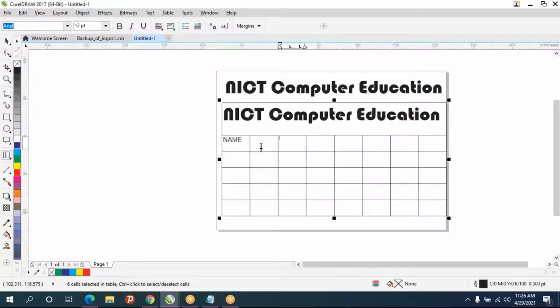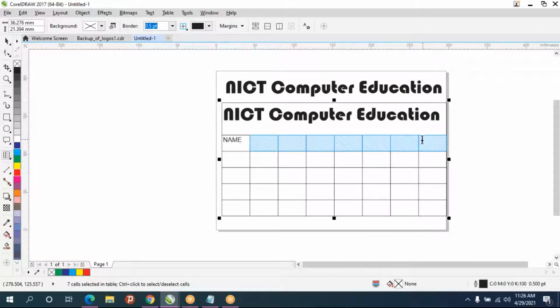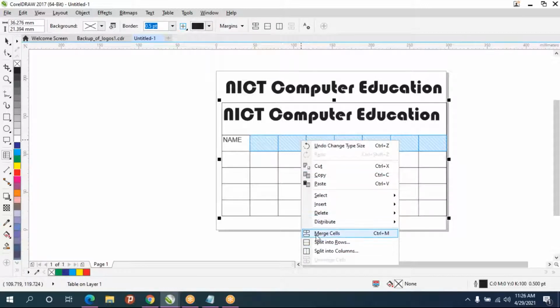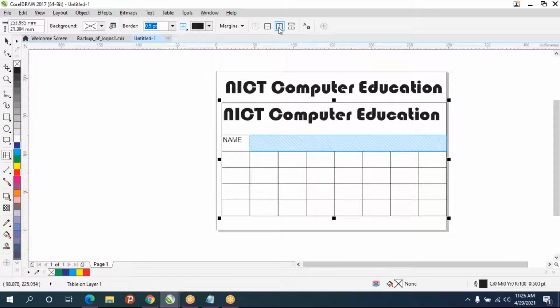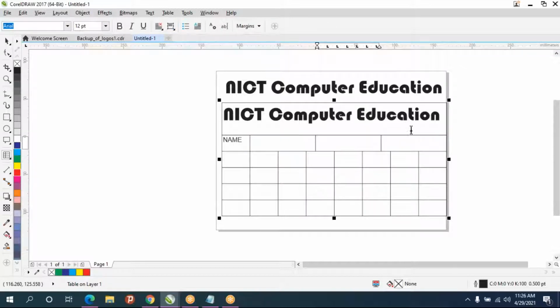And suppose if you want to split the cell after merging the cells, you can split vertically or horizontally. So it will ask number of columns or rows. So you can split manually also.